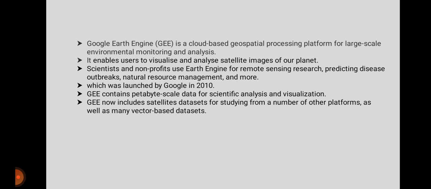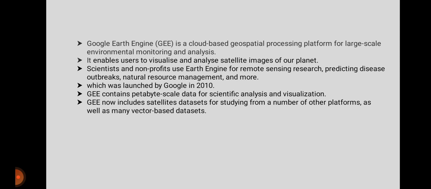Scientists and non-profits use Earth Engine for remote sensing research, predicting disease outbreaks, natural resource management, and more. It was launched by Google in 2010. Google Earth Engine contains petabyte-scale data for scientific analysis and visualization.